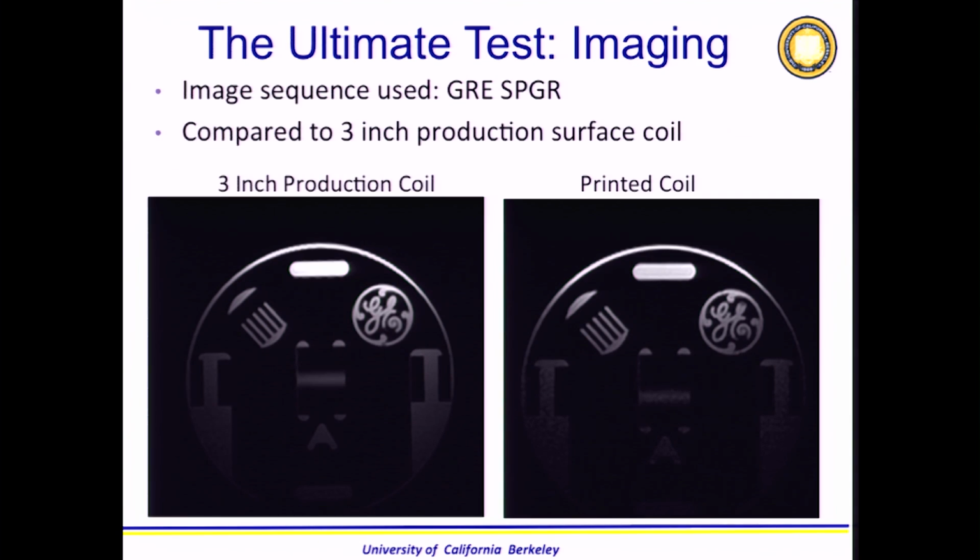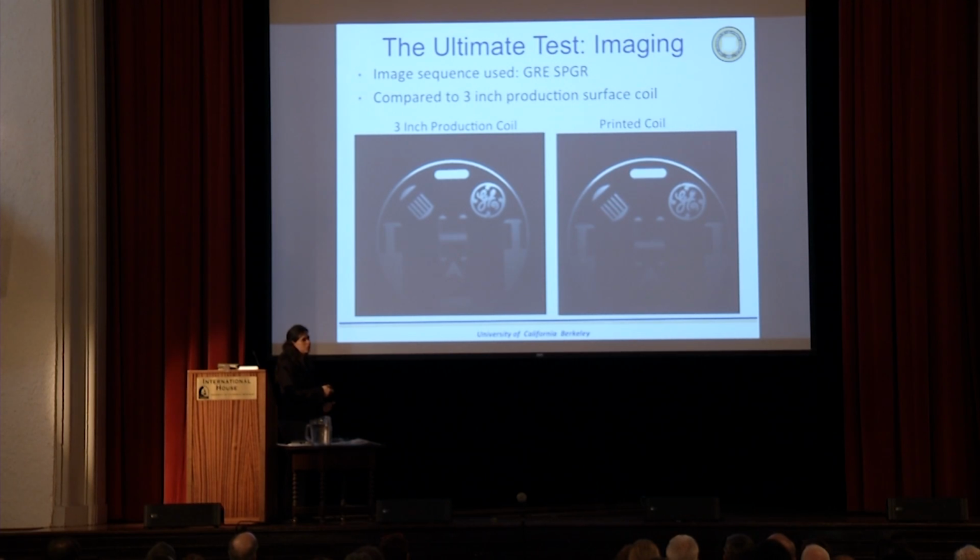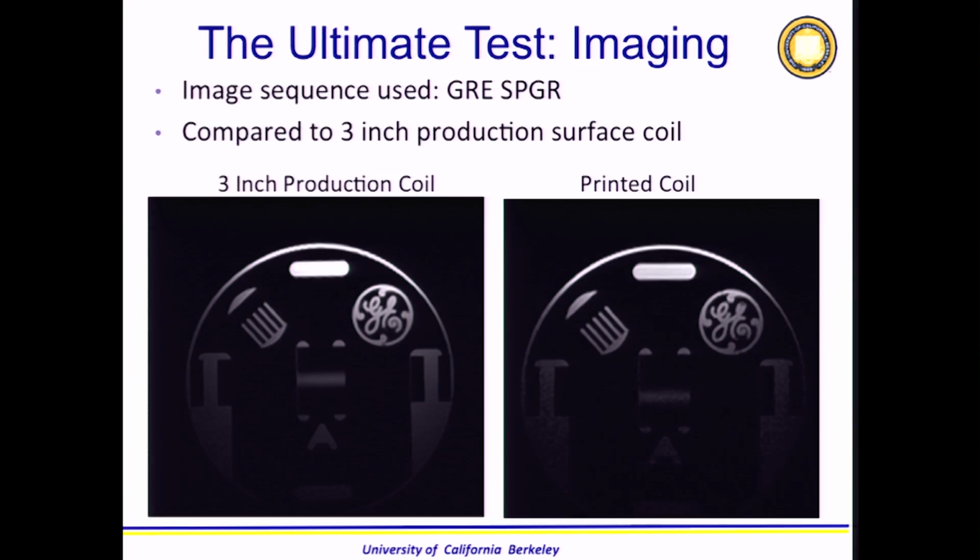So you're comparing here 3-inch coils with these printed coils. This is a phantom made by GE, so you can see here that the image is very comparable. Of course, we measured the SNR, and now we compare the SNR with traditional coils versus printed coils. And we want to be fair, and we only pick traditional coils where we can fit to the part of the body that we want to measure.